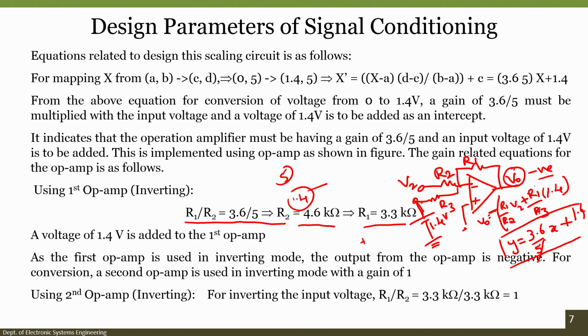So, this is in the inverting mode, and that is the reason the output, which is negative, is given to the second circuit, which is an identical circuit, as a feedback so that you get the required gain. This becomes your gain amplifier depending on how you have chosen your R1 and R2, and this is your slope, which is nothing but the adder. So, 1.4 volt here is the adder, and this part works as your gain amplifier.